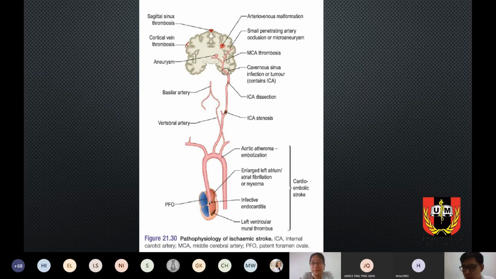Okay, so a few questions. Doctor, how do we differentiate between Todd's paralysis and a stroke? Okay, in an acute setting, the only way that you can tell this is Todd's paralysis is that the patient had a seizure and then they develop weakness. So if it is a stroke to begin with, usually it's a straight weakness without a preceding seizure. So that's why if you look at our contraindications for thrombolysis, there is a contraindication saying that if the patient presents with seizures and then with the weakness, we usually don't thrombolyze them because you don't know whether this weakness is due to a seizure or is actually because of a true ischemic event. So if the patient gives you a story of fits and then had the weakness, you can say it's Todd's paralysis, but